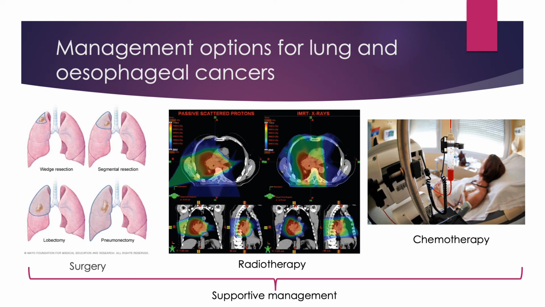The middle image shows a planning computer in radiotherapy, and what it's doing here is comparing proton treatment on the left with intensity modulated radiotherapy on the right hand side. But in both of these planning images, the red colour indicates where the high dose of radiation would be received within the chest, and the green and blue areas are where the patient would be receiving a lower dose. And so part of a radiographer's role is to learn how to produce these images and make the plans ready for the patient's treatment. It does involve an awful lot of in-depth knowledge and understanding of the anatomy